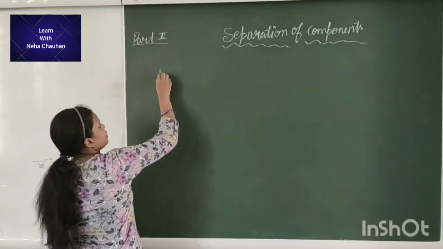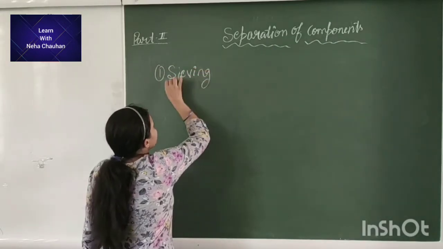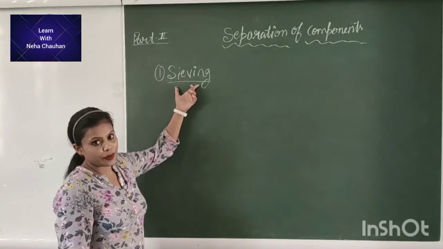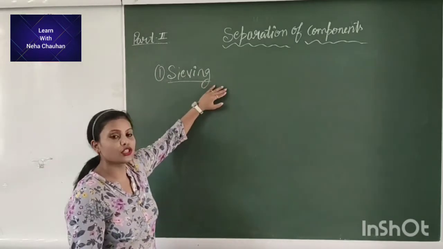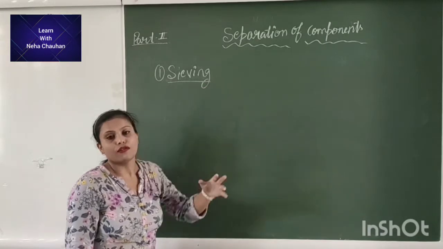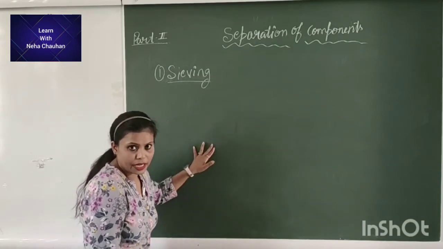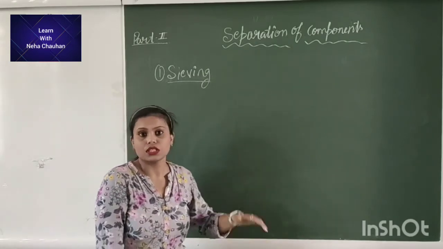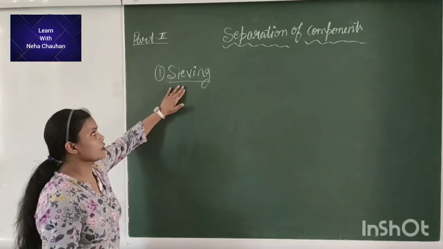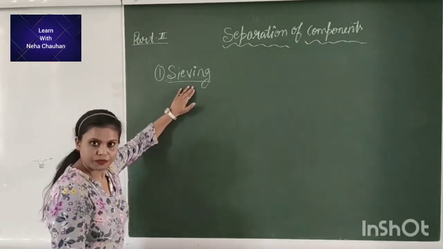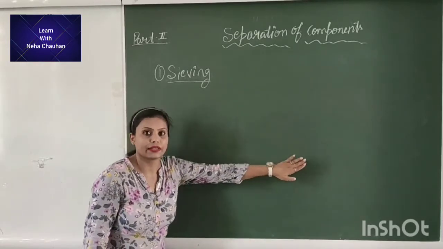Alright, so our first is sieving. What is sieving? Sieving is a process of separating different sized material. You have often seen your mother straining flour and tea granules from tea. At construction sites, masons also use these sieves to separate sand and pebbles. What is a sieve? Sieves are net-like structures. So these nets separate different sized material.